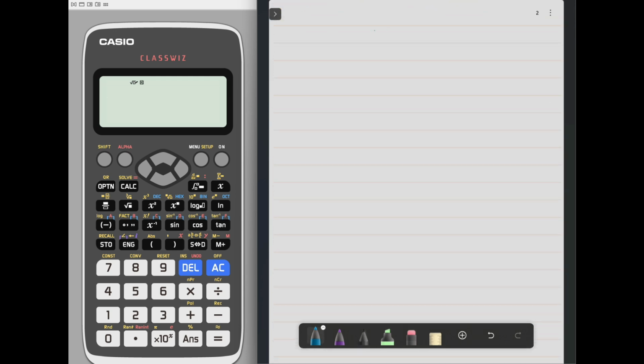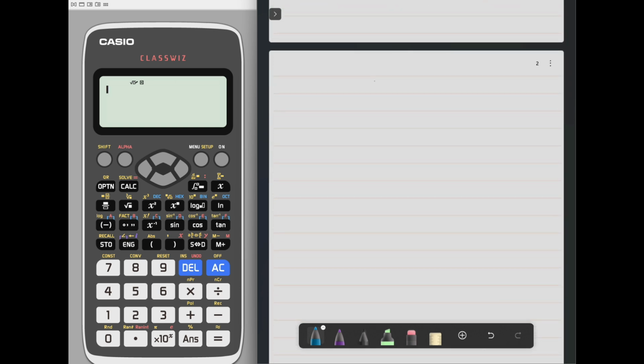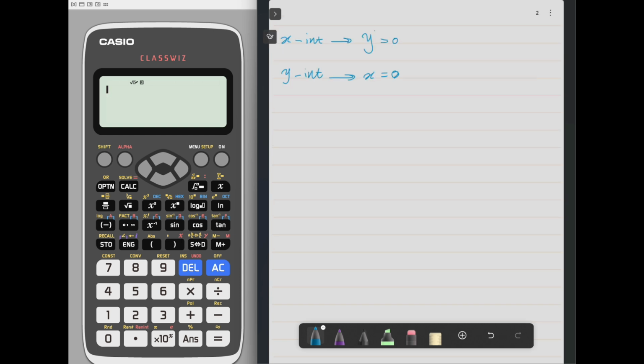Alright, so guys, as for these, let me mention something. How do you find the x-intercept? X-intercept means y is equal to 0. So just put y equal to 0 or f of x equal to 0 and then find the values of x. These are called the x-intercepts. Alright? For the y-intercept, you put x equal to 0, guys. Alright? And as for the direction of the graph,